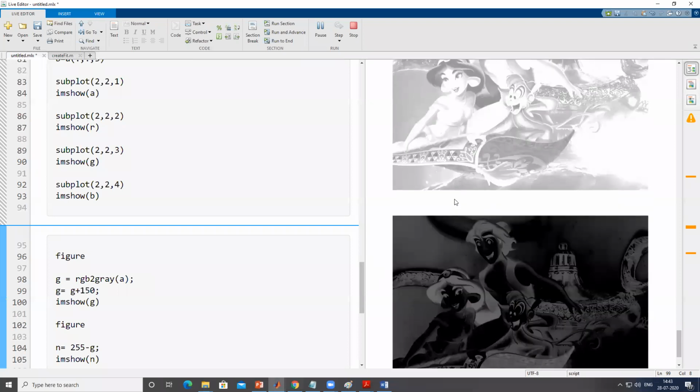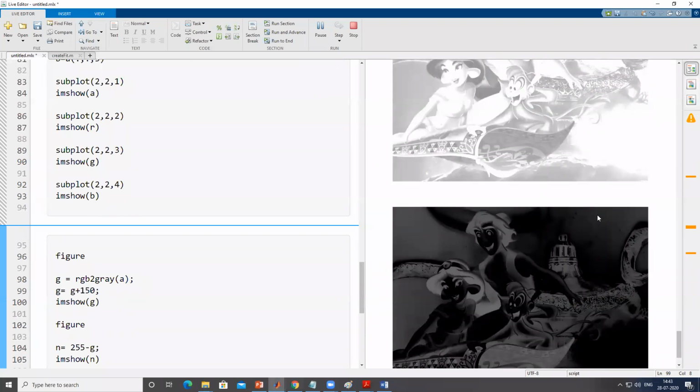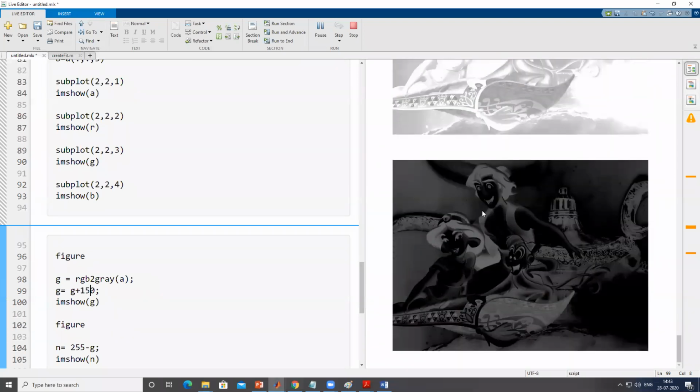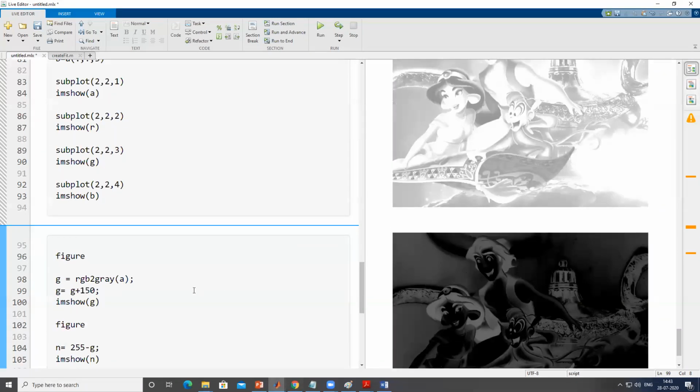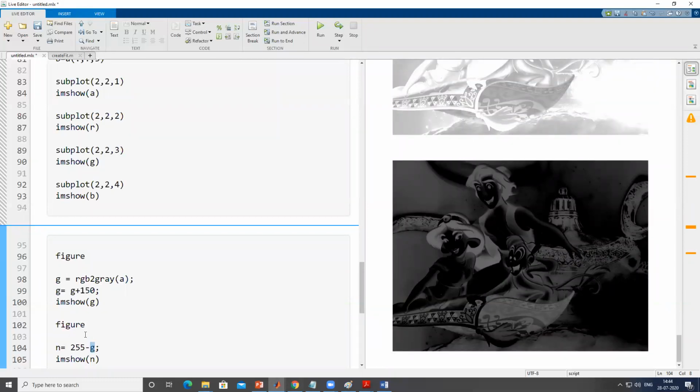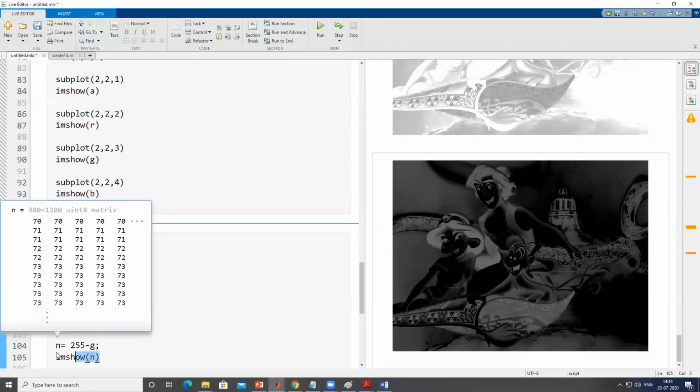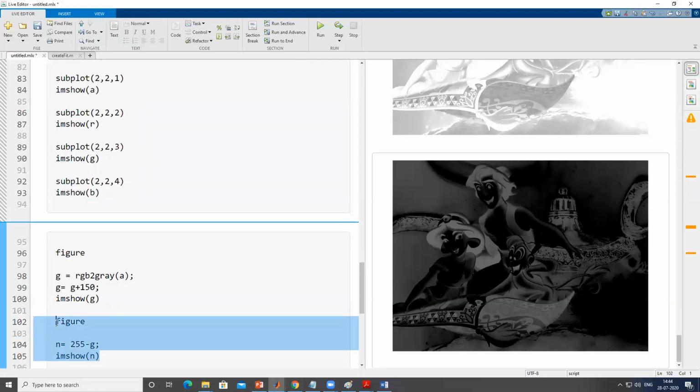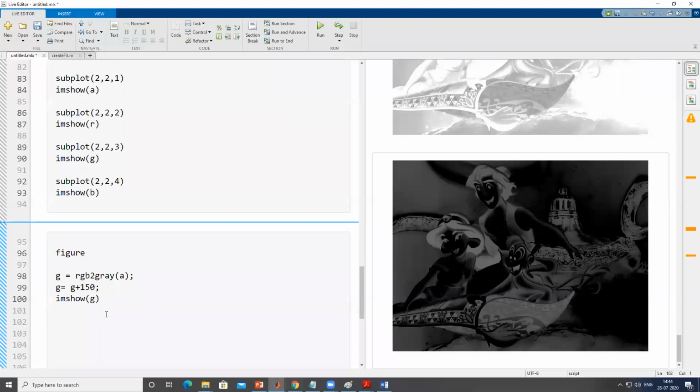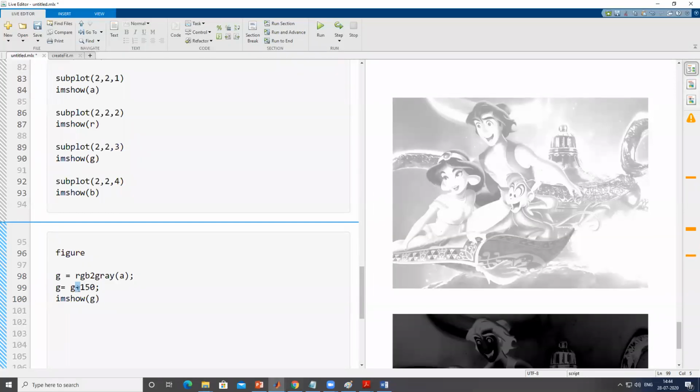So you can see here that the whole image appears to be more brighter. So that's why the negative appears to be more darker in nature, because it totally depends upon the G. So if I'm changing any value with this one part, it will finally affect the whole part. So let me remove this one. And if I subtract anything from the image, it will make it more darker.